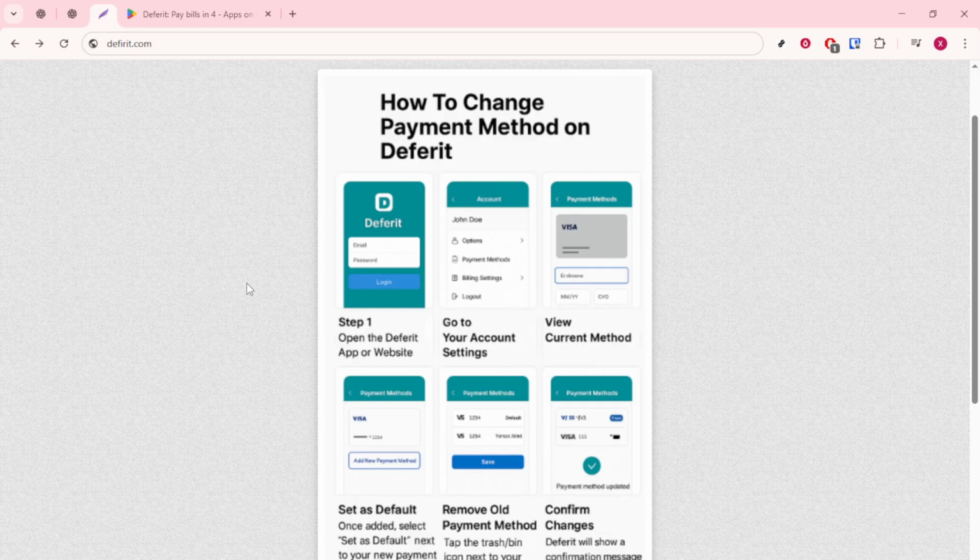If you want, remove the old payment method. Do this only after the new one is set as default and there are no pending payments tied to the old method. Some accounts require at least one active method on file, so if you get an error, keep the old one temporarily. Finally, confirm your changes by tapping Save or Confirm. You should see a success message or receive a